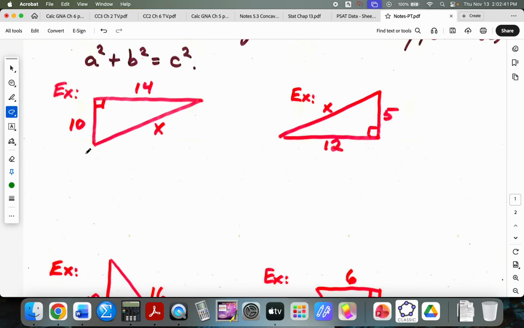So, in this triangle, the hypotenuse is x. So that is what goes by itself in the Pythagorean theorem. It would be 10 squared plus 14 squared is equal to x squared. This is part of where knowing your perfect squares comes in handy. 10 squared, I imagine almost everyone knows that. What is it? 100. 14 squared,